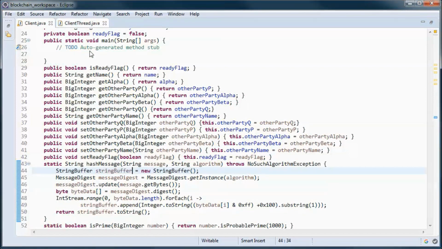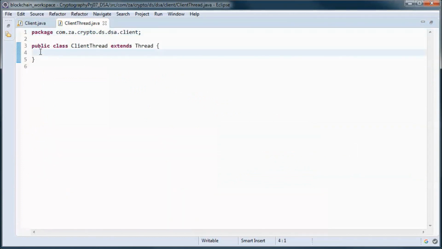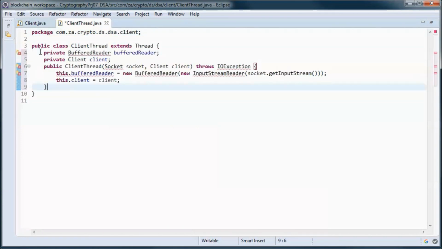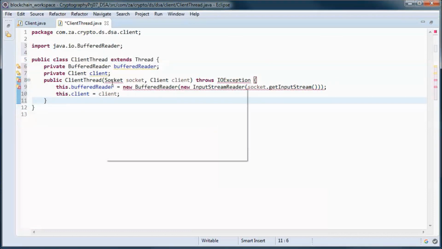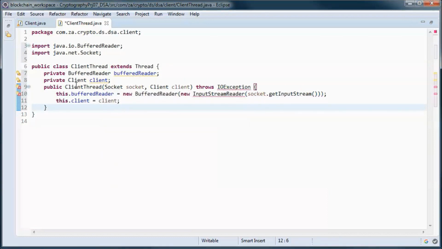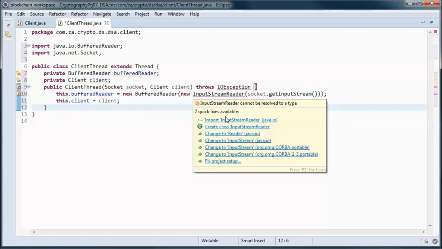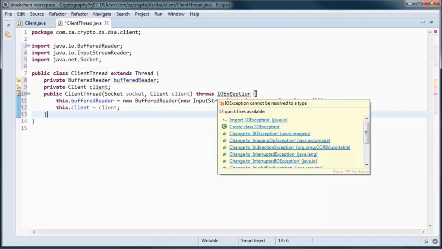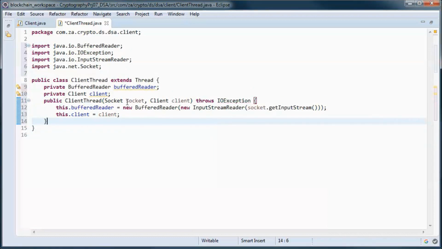And here we keep track of two instance variables that we initialize from the constructor, which takes in a socket and a client instance, and we use the socket to initialize the buffer reader.